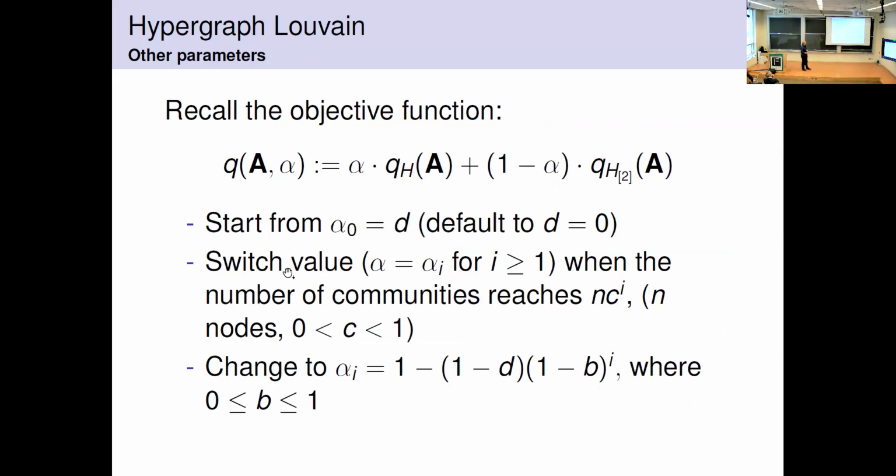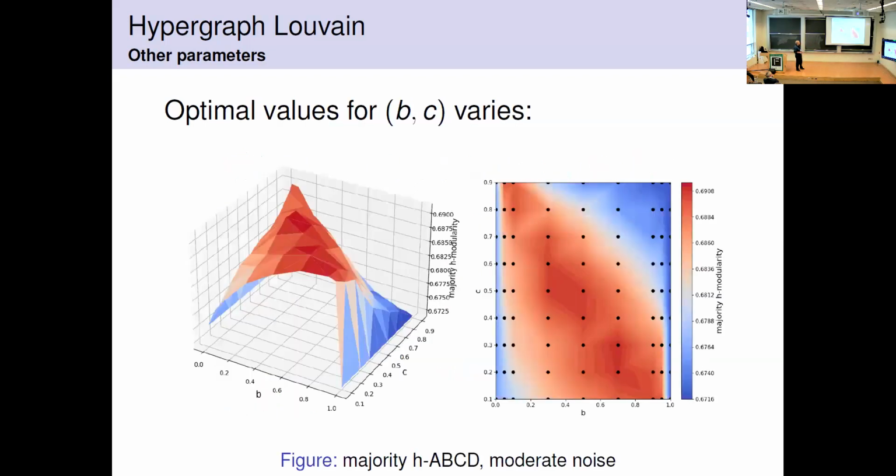We're going to switch values of alpha when the number of communities shrinks, because it's an agglomerative method, so the number of communities shrinks all the time. When the number of communities reaches a certain boundary, a certain value, n to the power c, where c is the magical parameter we need to find, then we're going to switch alpha to something like that. So b is another parameter. We're going to do that completely empirically again, using a grid search, just